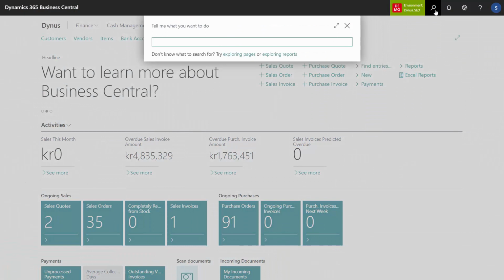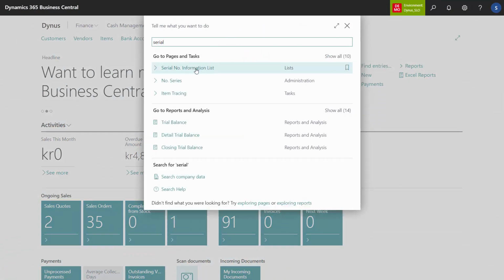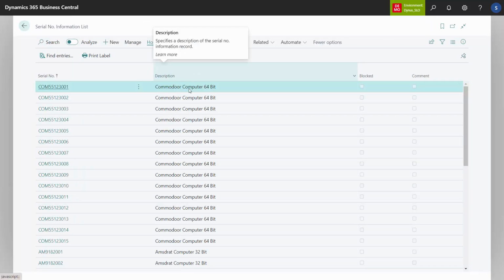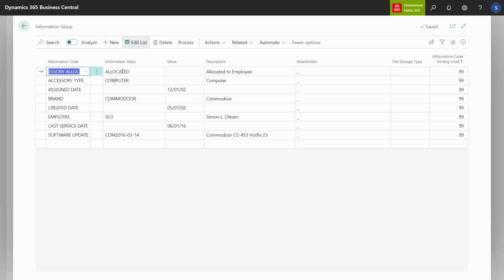A last example could be in the standard serial number list. If you open the serial number list and you use the master data for serial numbers or for lot numbers, in our scenario here we have computers, and we use this to handle who we give out the computers to. So you can see the specifications here. It's Simon having this computer, last service date, assigned date,